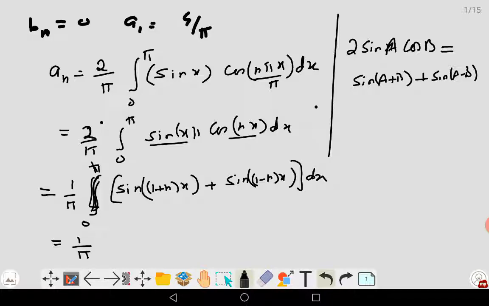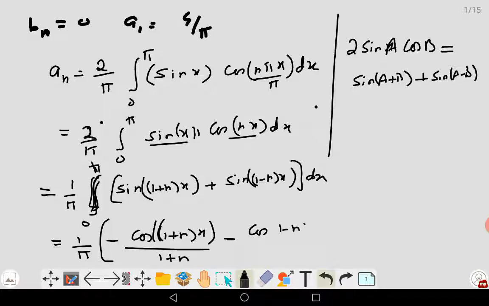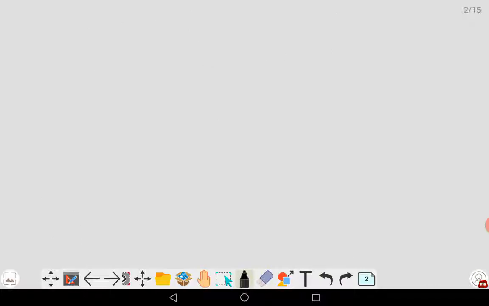After integration, you will get negative cosine 1 plus n times x over 1 plus n, again negative cosine 1 minus n times x divided by 1 minus n, 0 to pi. Now substitute the upper and lower limit. X will be replaced by pi and x will be replaced by pi. Upper limit gives